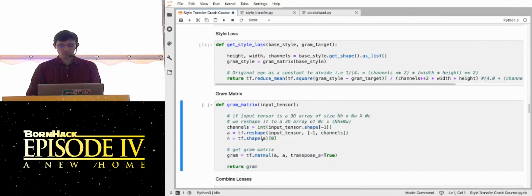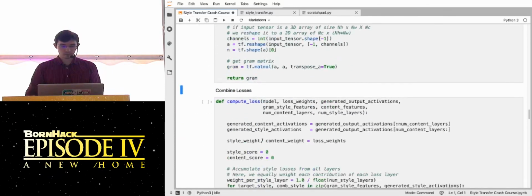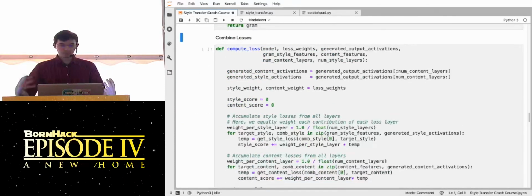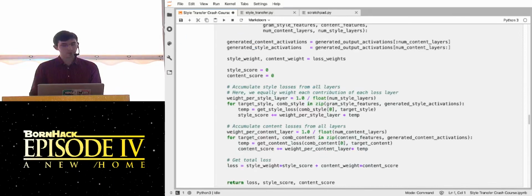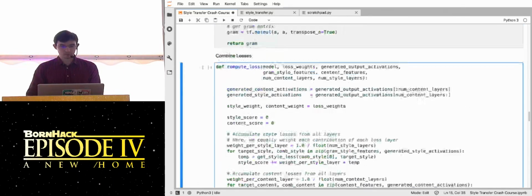And yeah, this is just the gram matrix transformation that I just described. And what we do is we just, again, get the generated output of those specific layers for the image that we will be training and changing during training. And we only once have to pass the style image and the content image through the network to get the outputs that we know we actually want. And we're trying to make the outputs from the generated image be as close as possible to both of those, essentially. This is just for unpacking because we've used multiple layers.